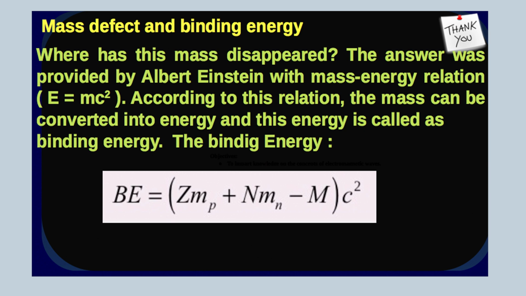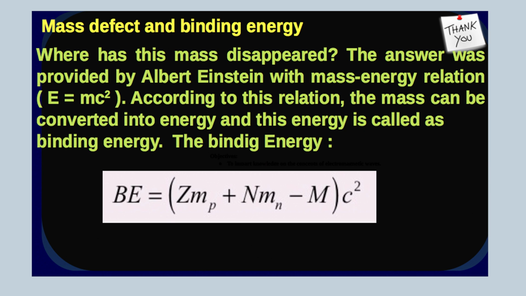This answer was provided by Albert Einstein with his mass-energy relation, the very famous relation E is equal to mc square. According to this relation, mass can be converted into energy, and energy can be converted into mass. This energy is called the binding energy, and it will be equal to the energy equivalent of the mass defect. So, when we replace m with delta m, the mass defect, mathematically we have the binding energy B equal to Z Mp plus N Mn minus capital M,